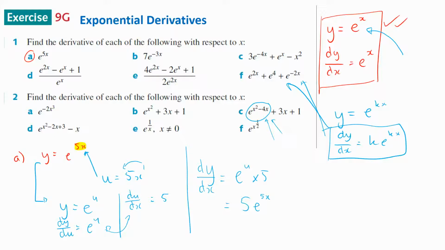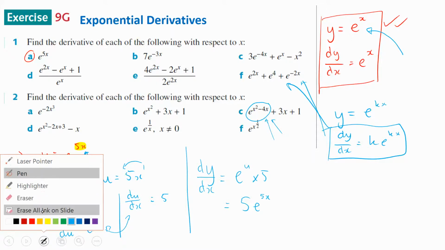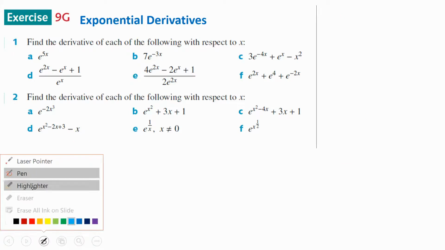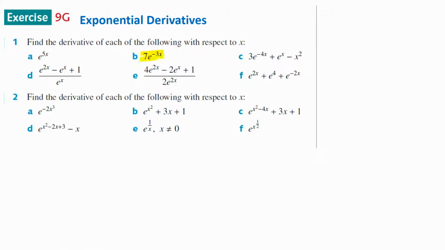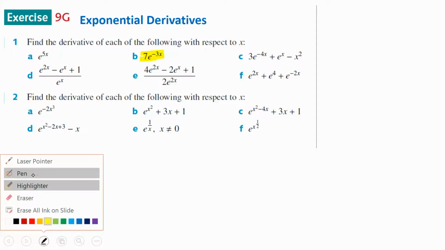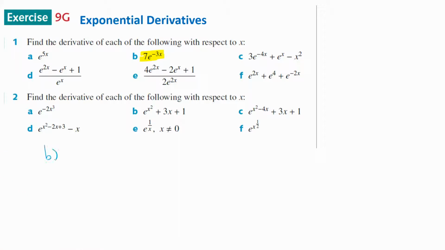Okay, so when you get faster at these, what you can do is start saying, all right, see that? I can start doing that in my head because I now know which one is the inside function and which one's the outside function. So the inside function is clearly negative 3x. So in my head, I'll do derivative of negative 3x. Well, that's negative 3. Remember, you're going to find the derivative of the inside times the derivative of the outside. So I'm going to find the derivative of the inside, which is negative 3, times, now derivative of the outside,